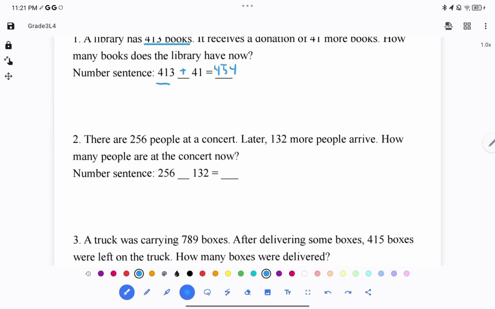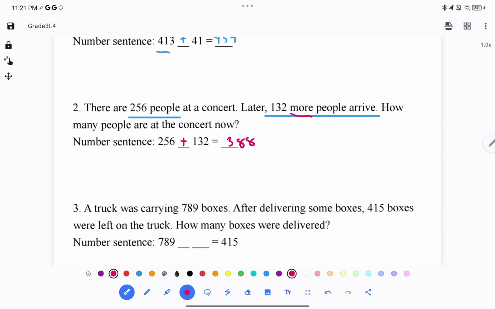Alright, there are 256 people at a concert. Later, 132 more people arrive. How many people are at the concert now? Well, since it's 132 more, we'll put a plus sign over here, and adding these two numbers together, we get 388. So we start off with 256 people. Later 132 more people arrive, and we end up with